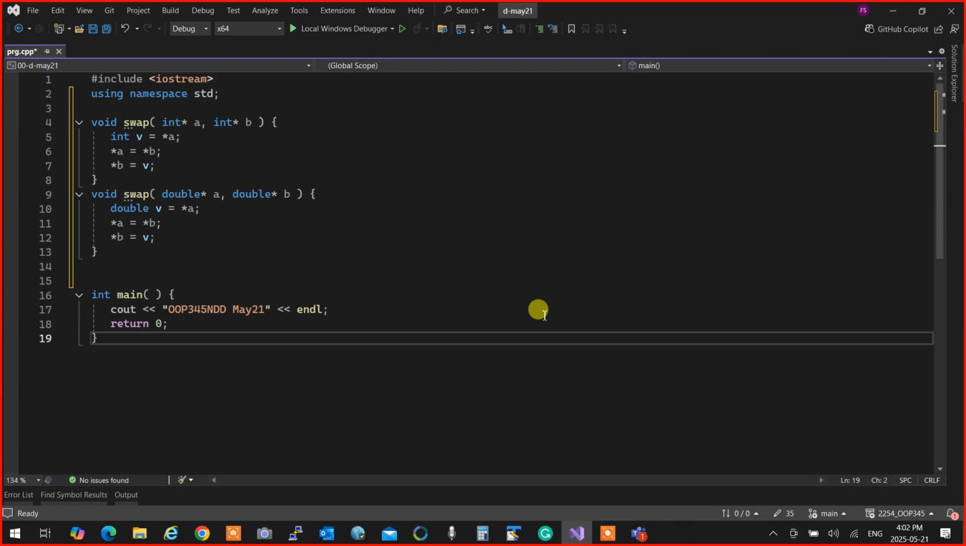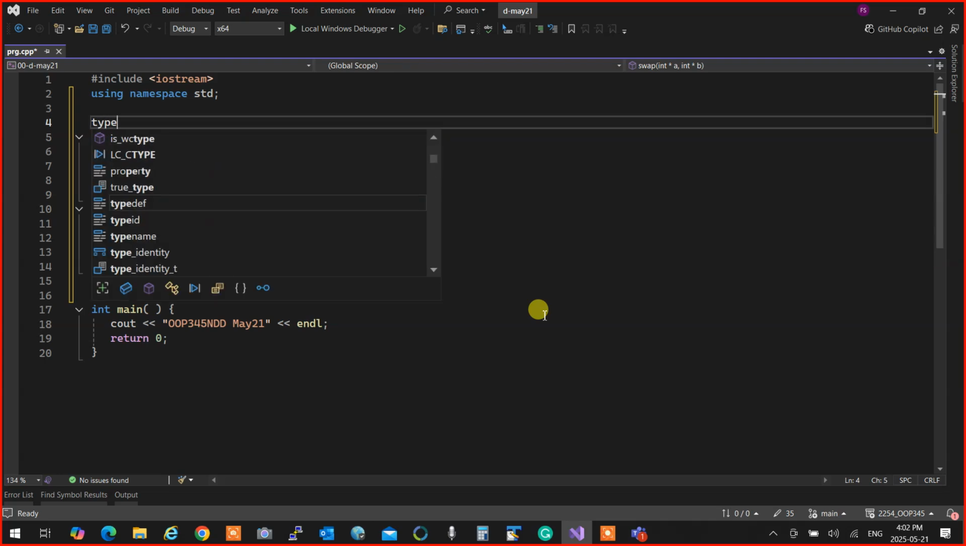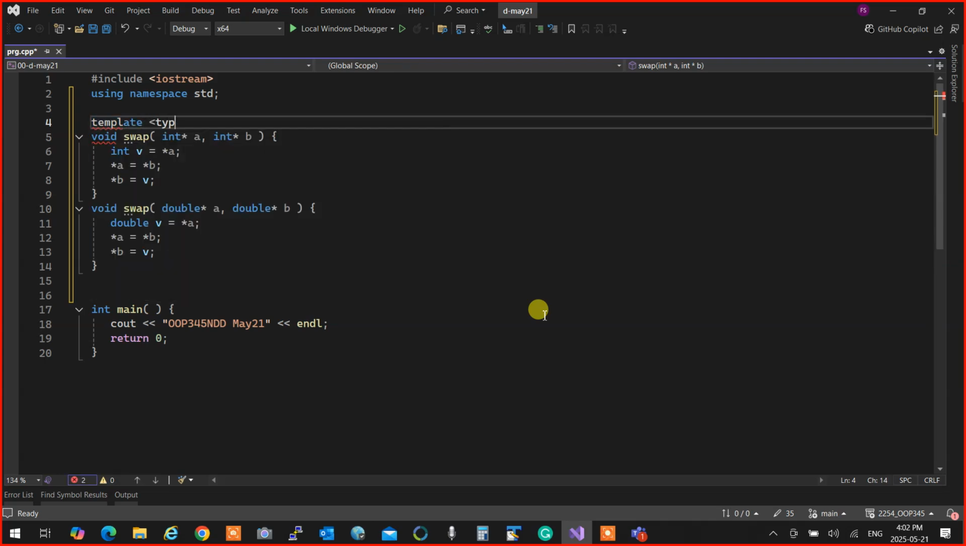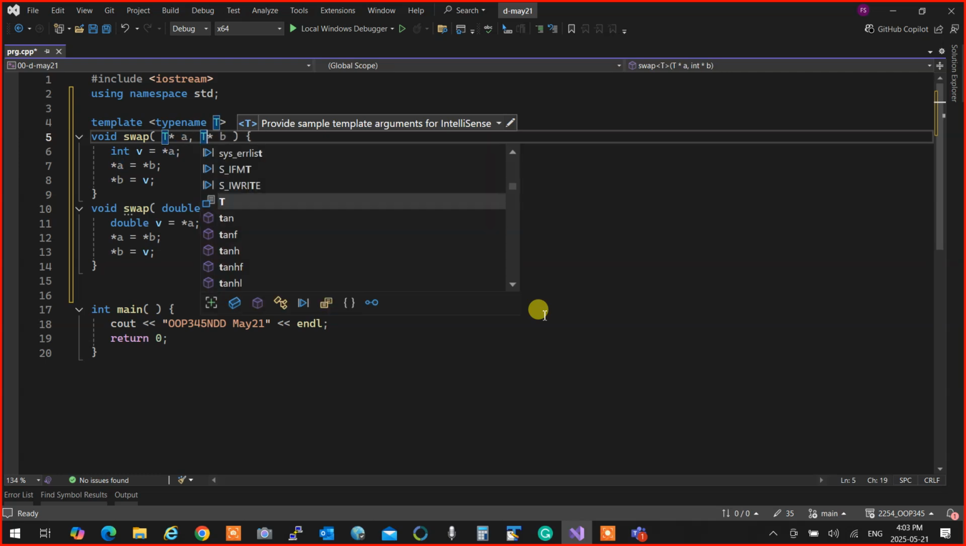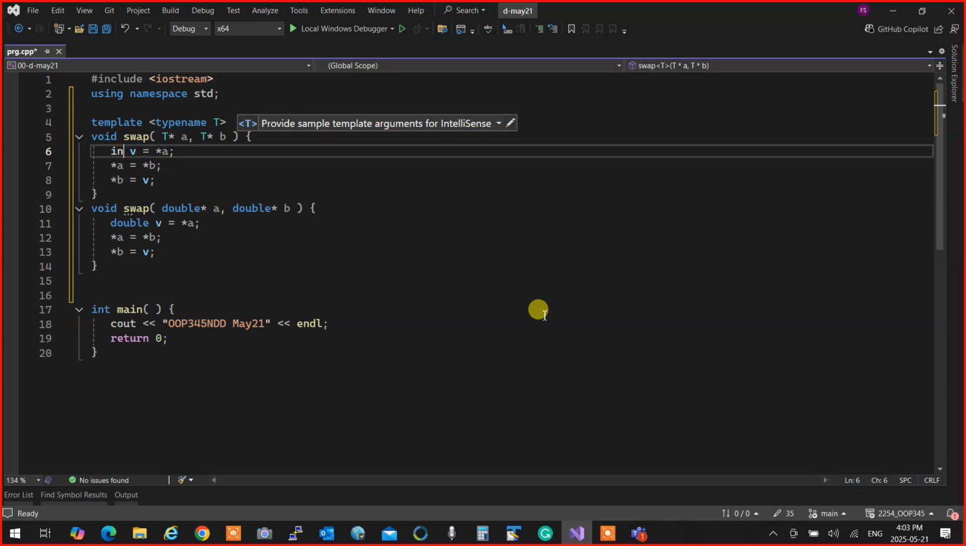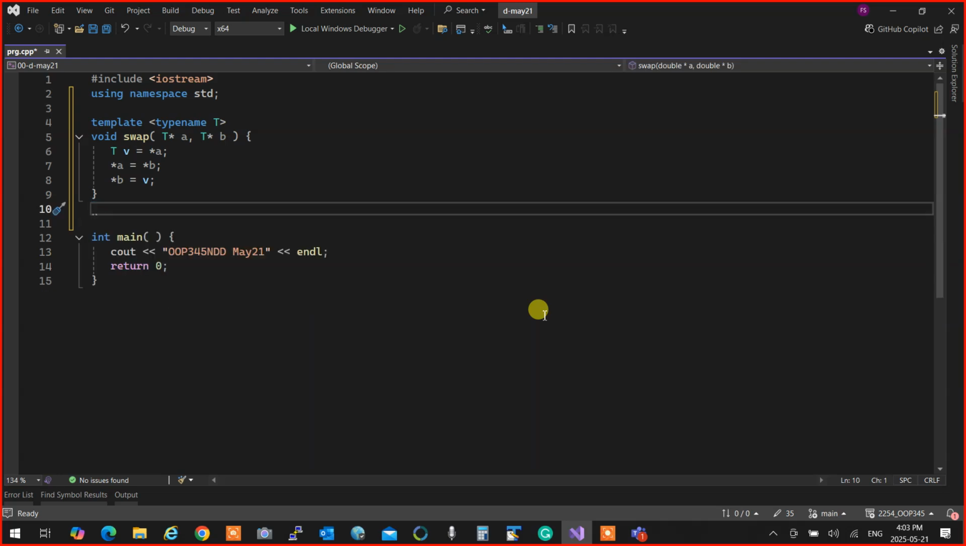We actually tell the compiler to replace the types with whatever we want. So I simply say template, typename T, and then replace the types with T. So what happens over here is this. The template creates the function definition on demand. What does it mean? It means